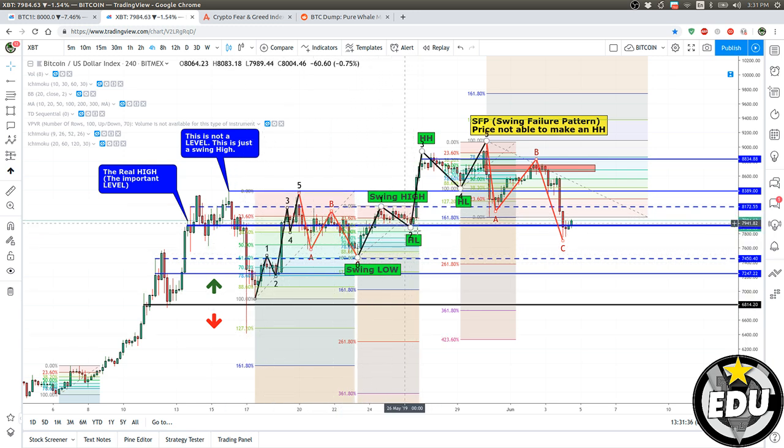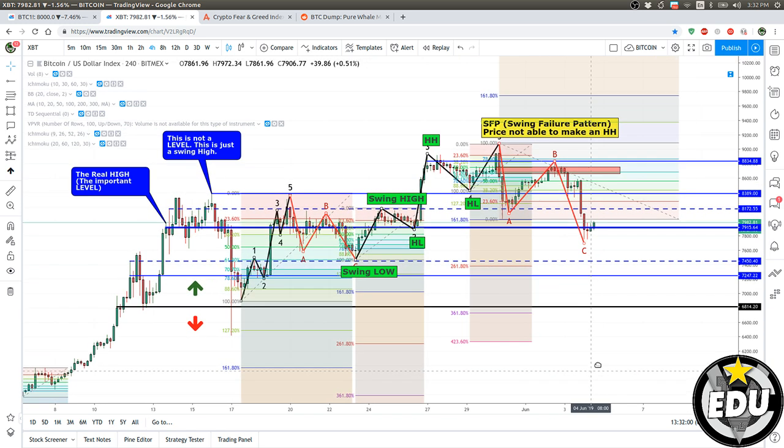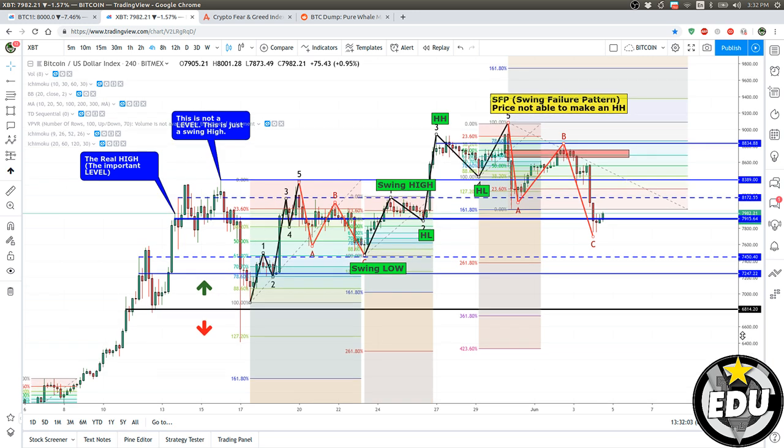Around here there was Facebook news that caused some FOMO, and then price dropped. So those pumps are really not important to me. The pumps that don't make any support. Okay, so I'm trying to look at the candles and see what they actually mean.